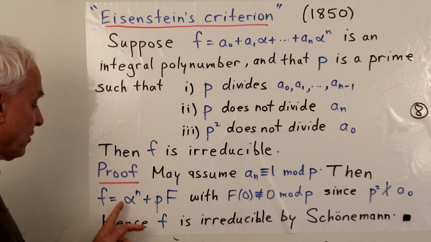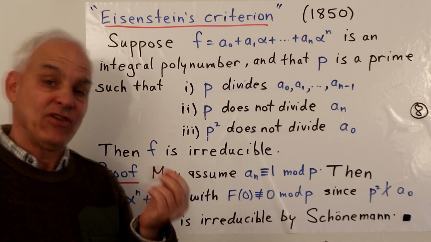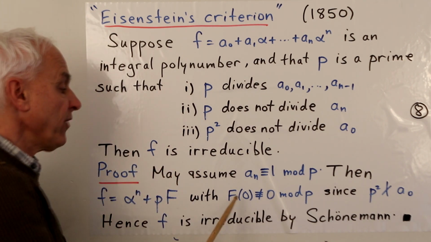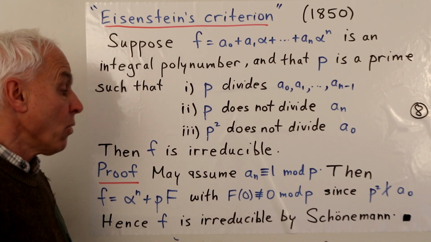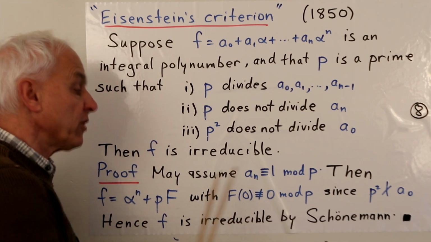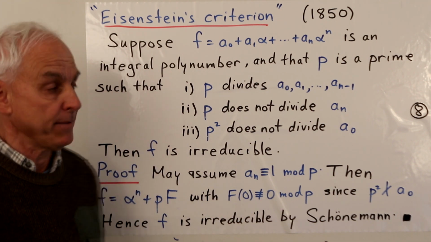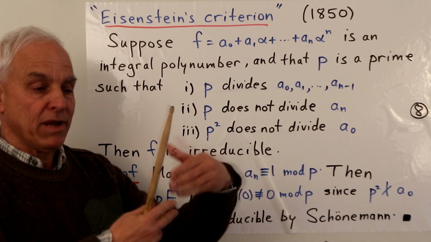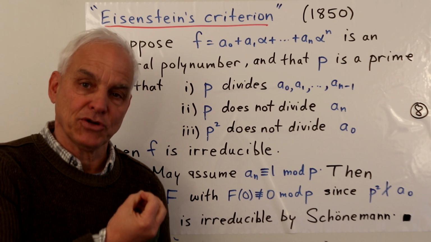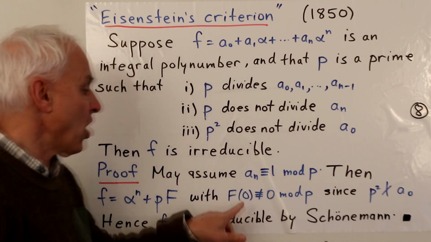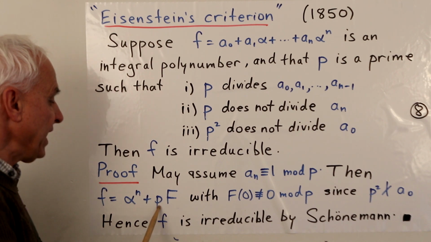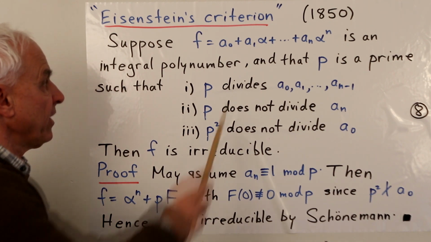Now in this case it's like Schoenmann's criterion, with the c value being 0. Okay, so we need to check what is f of 0. We want to show that f of 0 is not congruent to 0 mod p. If you take a polynomial and you plug in 0, you're just getting the constant term, right? So this is just the constant term of f. So what's the constant term of f? Well, p times the constant term of f is a0.